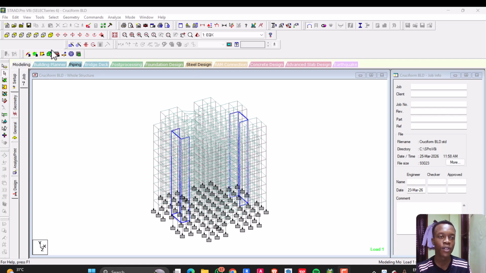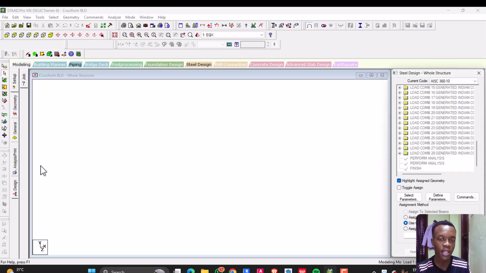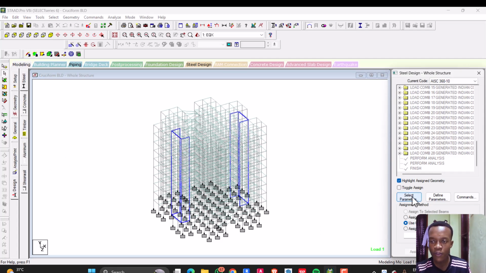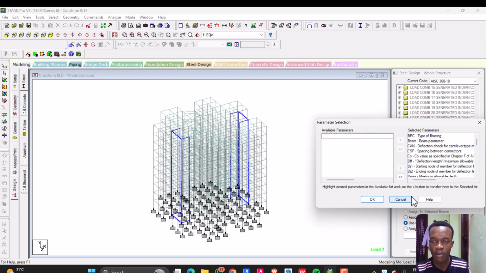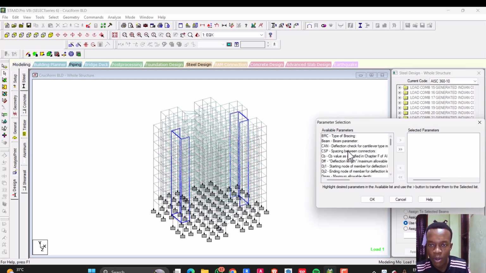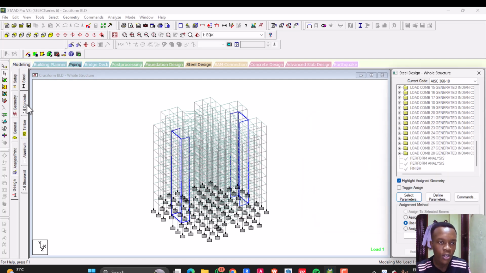So after we ran our model or analysis, we are now going to design. So we go to design, then we want to define our parameters. So select parameters. Then before that, we need to add concrete, then use